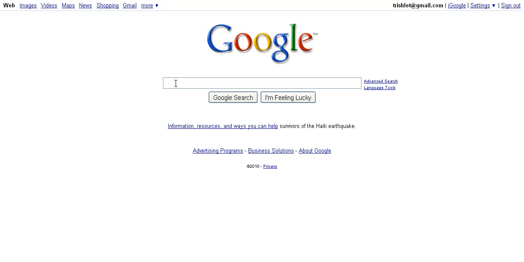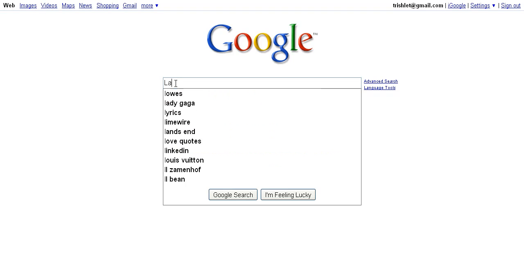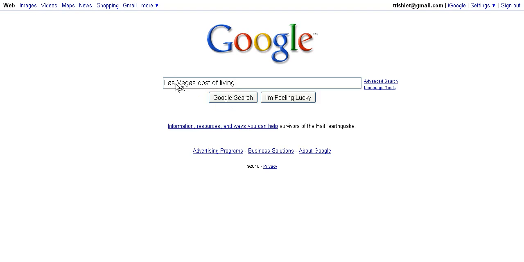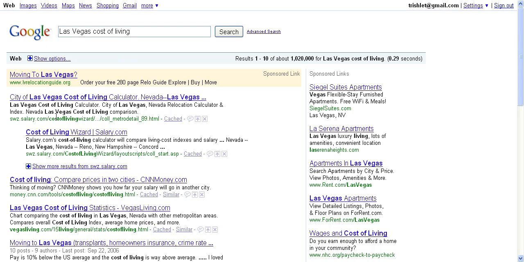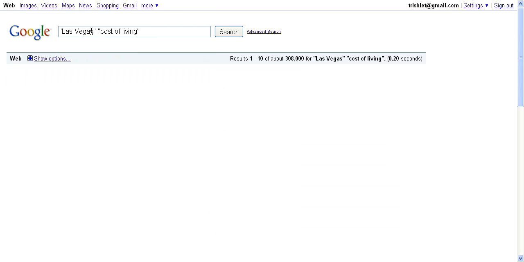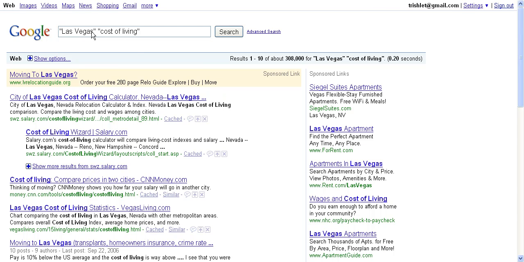First, if I'm looking for Las Vegas and I want to see Las Vegas cost of living, and I just type those words in, I get something that looks pretty good. Let's see, though, if I put quotation marks around Las Vegas and I put quotation marks around cost of living, I move down from 1,000,000 hits to 300,000 hits, because now instead of having 1, 2, 3, 4, 5 objects,